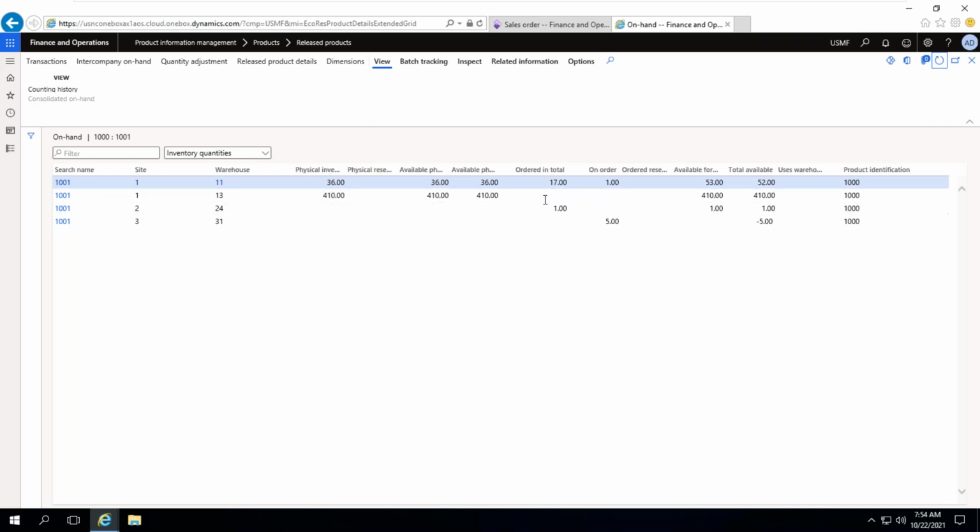So this is purchase order quantity. This is sales order quantity, and some more also there. This is purchase order quantity means receiving quantity. Receiving. This is dispatching quantity, and this is actual available in the warehouse. Physical inventory means actual available, and ordered in total means purchase order quantity. On order means sales quantity.